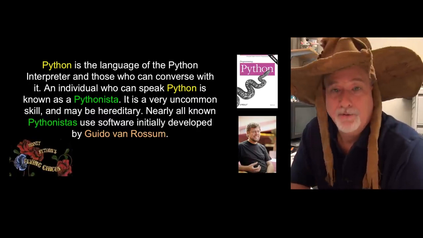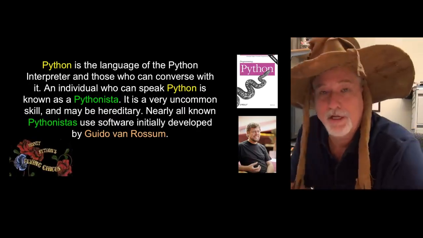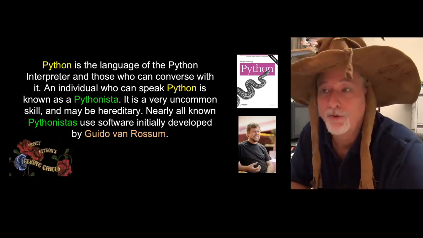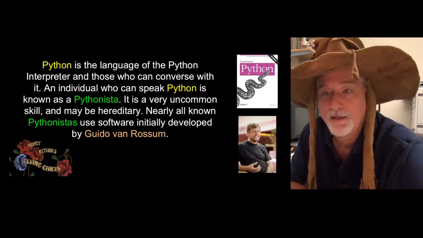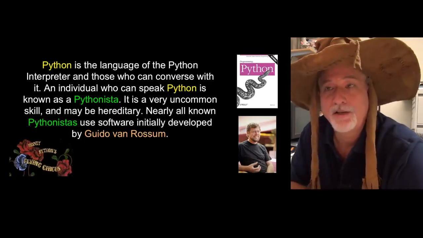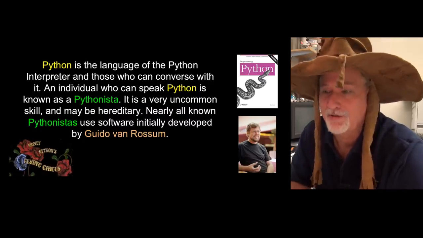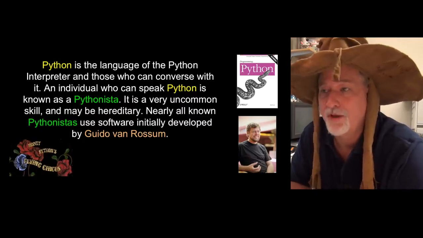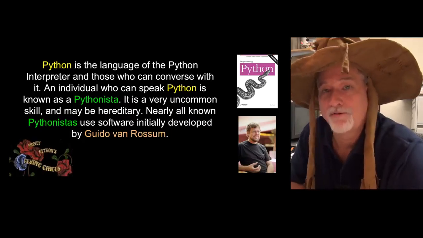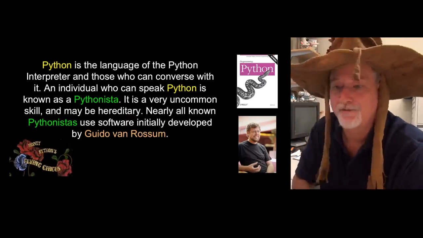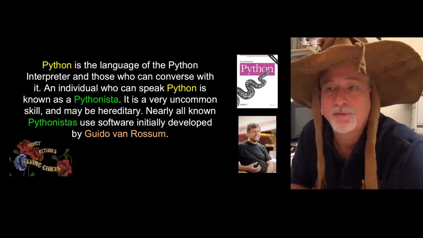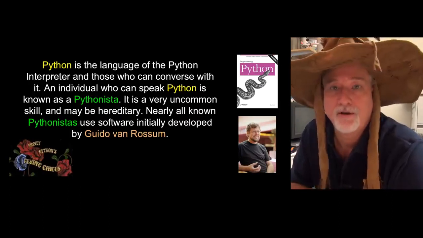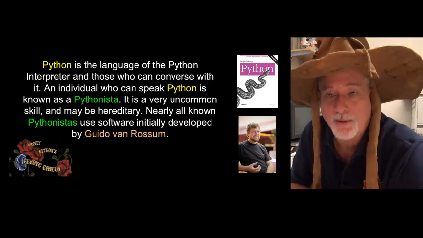Now, even though I'm using this whole snake Slytherin thing, it turns out that Python was not at all named for Harry Potter, because Python was invented almost two decades before Harry Potter was created, and it wasn't for the snake. It was actually Monty Python's Flying Circus that was the inspiration for the name Python, because Guido van Rossum really wanted to create a programming language that, while it was very powerful underneath, was also fun. And he wanted it to be approachable. And so that's why Python recently has become so absolutely popular.